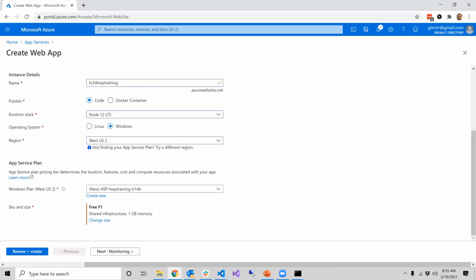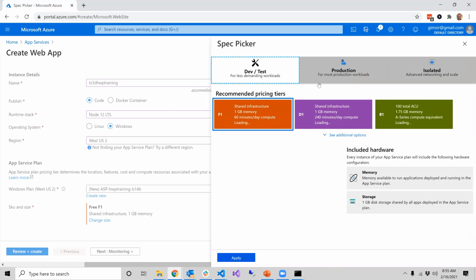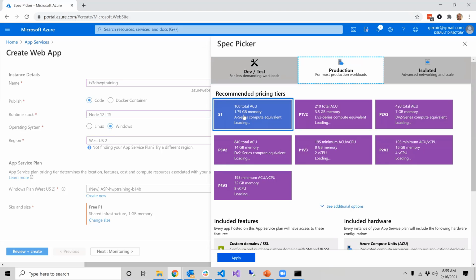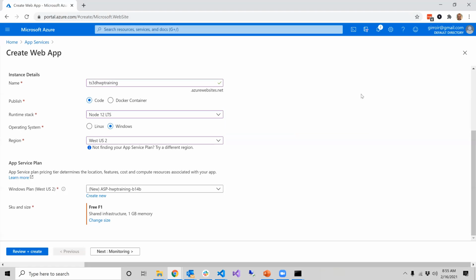I just want to say, for people that are following along, we're actually going to have to upgrade to the S1. So change size. Eventually I'm going to go to production and I have to upgrade to S1 to get a few advanced features. But just to stick with everybody, we're going to use F1. And then you also have to create an